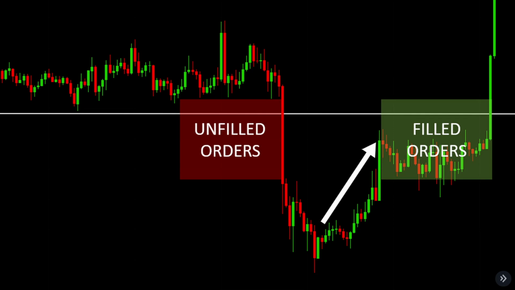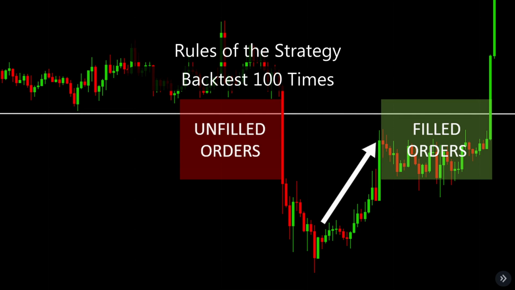So, the fair value gap strategy that I am about to show you aims to profit from the market's tendency to return to its fair value. With that out of the way, now I will explain the rules of the strategy, backtest it 100 times, and